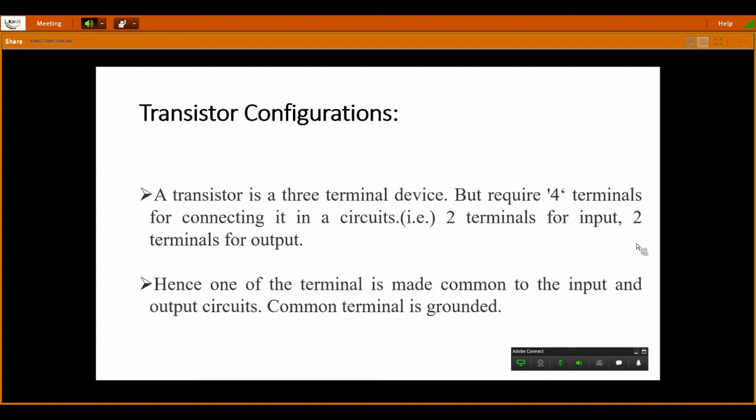Total number of terminals must be 4. So 2 terminals are utilized for input and 2 terminals are utilized for output. Hence, out of the 3 terminals, we have to take 1 terminal as a common terminal. So based on your common terminal,